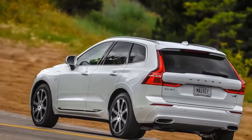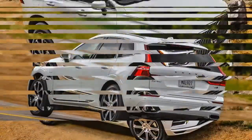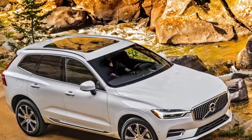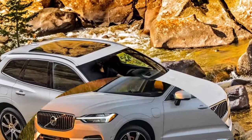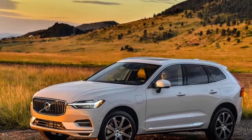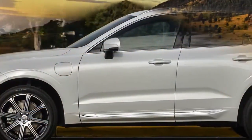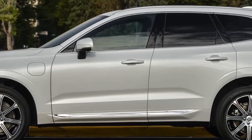And because of the similarities between the two designs, the smaller, lighter XC60 can actually use much of the same powertrains from the XC90 model line. The XC60 T5 is powered by a turbocharged 2.0-liter 4-cylinder engine, but we like the 316-horsepower output of the mid-level T6. It's the best match for the XC60, and it gives up just 1 mile per gallon overall to